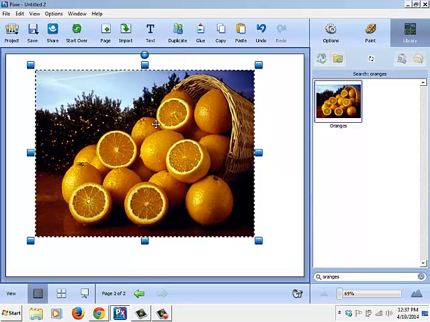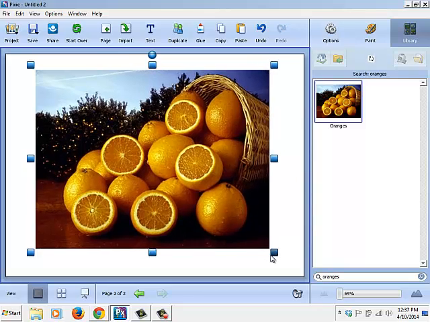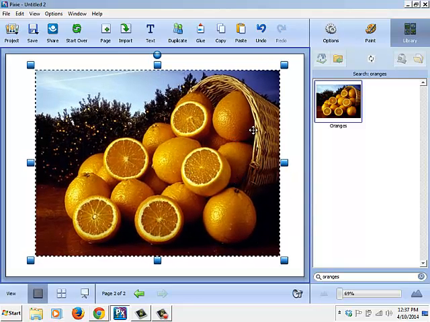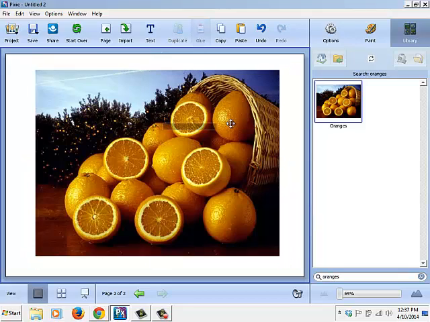What I'm going to do is turn this picture into a text. To do that, I bring in the picture that I want to use as the background onto a blank page, and I glue it in place. That means I can't move this anymore. If I come into text, and now I'm going to type oranges,